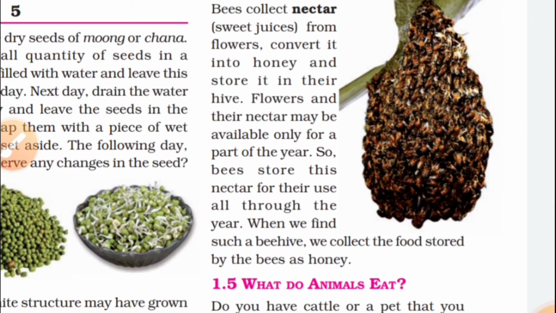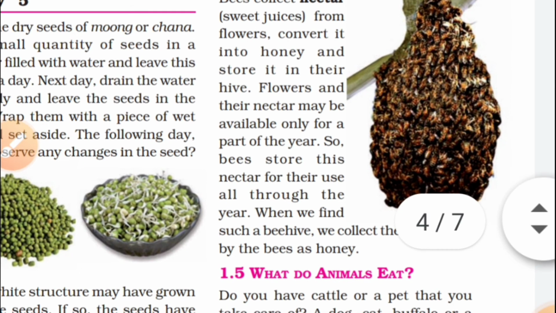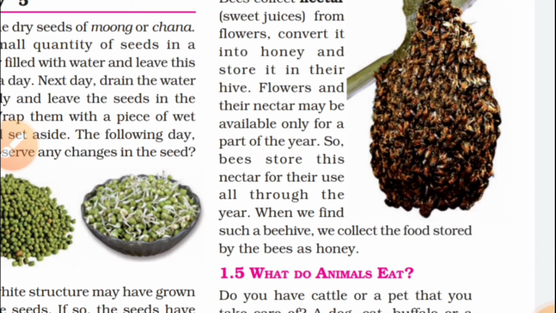Also know where honey comes from. Honey is another food item you have taken. Clear. So where does honey come from and how is it produced? This is from nectar. Have you seen a beehive? Beehive means a number of bees live in their home. The bee home is called the beehive.